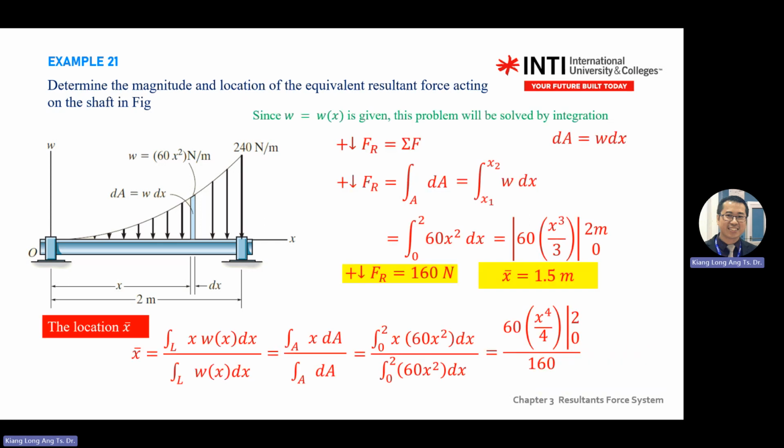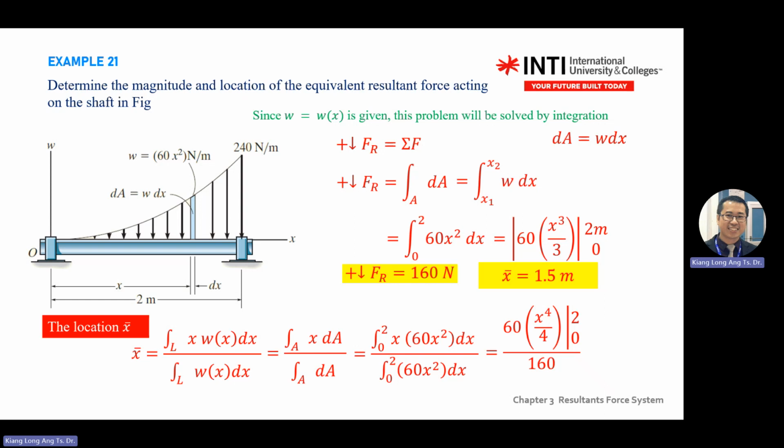X equal to this value. Value 160, you get the x bar 1.5 meter. So for the final answer,